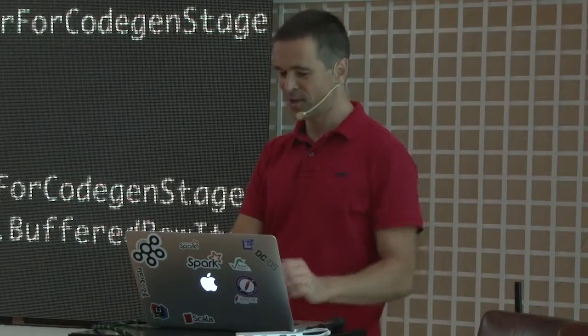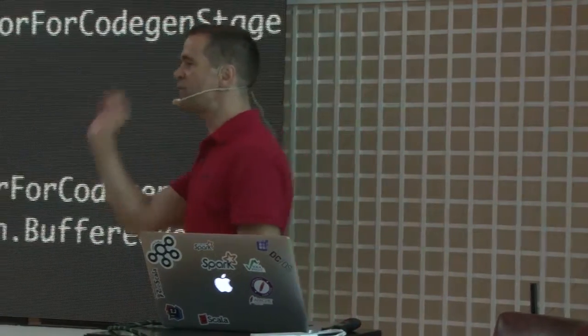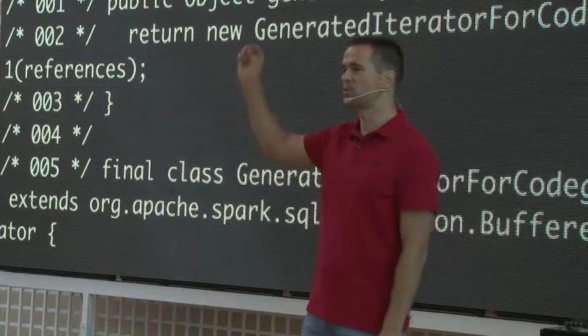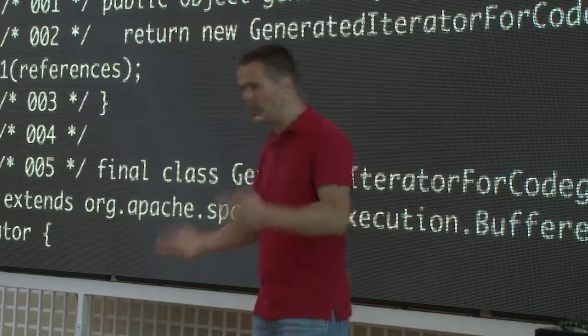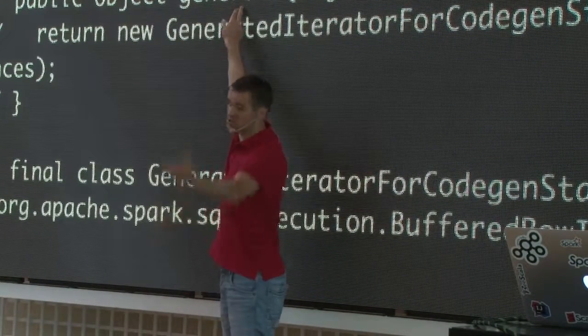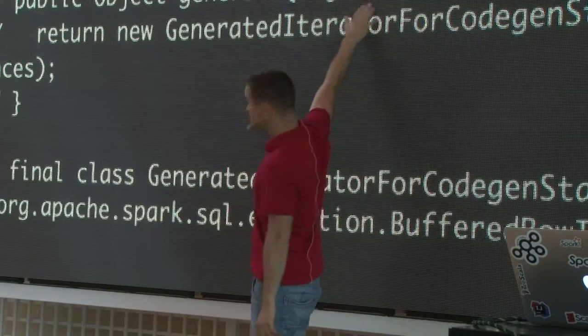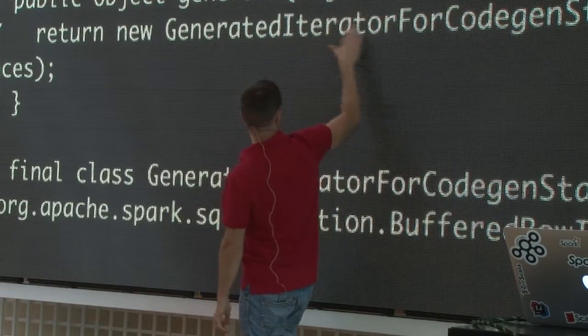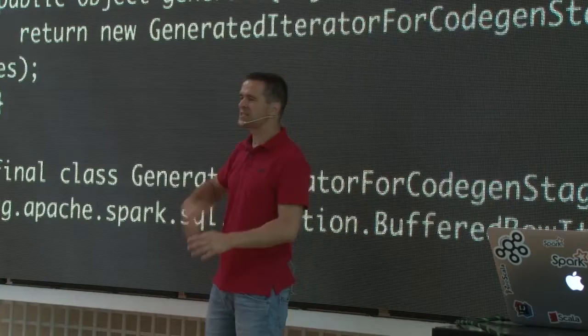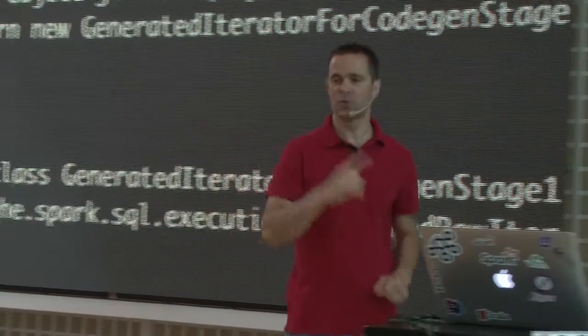So this is the code that will be generated for every query you execute ever on Spark SQL from 2.x up to 2.3.1. Things may change, but it's like this. Every time you will see a public generate, it's Java, that accepts references and returns a new generated iterator for WholeStageCodegen stage 1, and you will get as many stages as you will get for your queries. So if you've got something more crazy, like spark.range(5) groupBy,